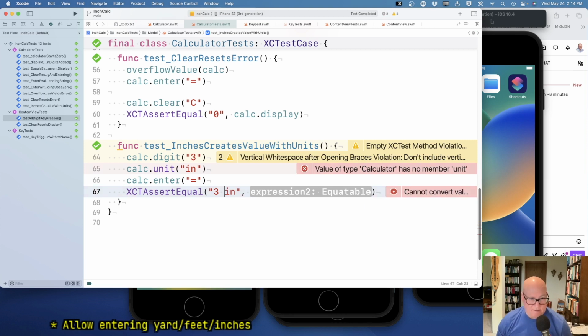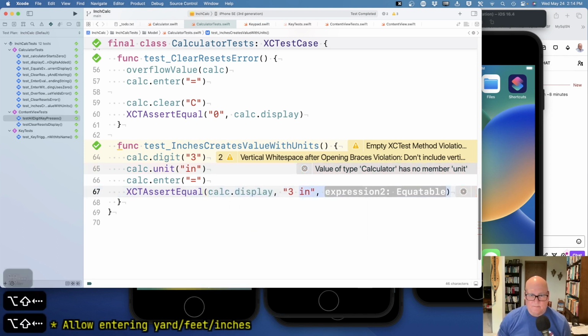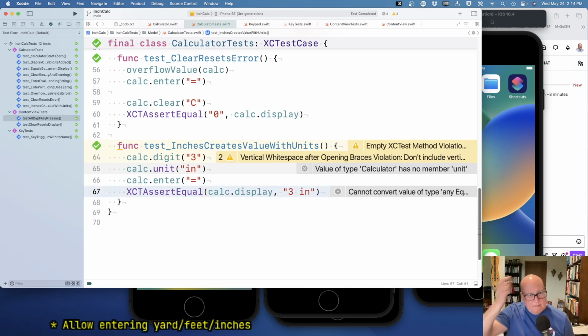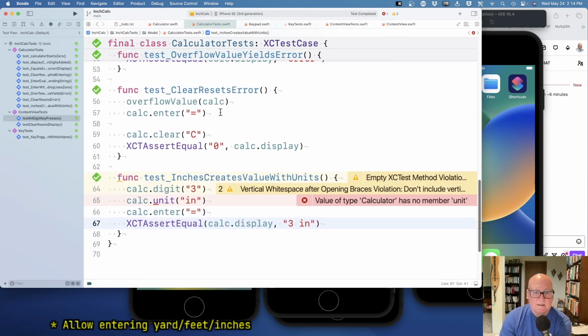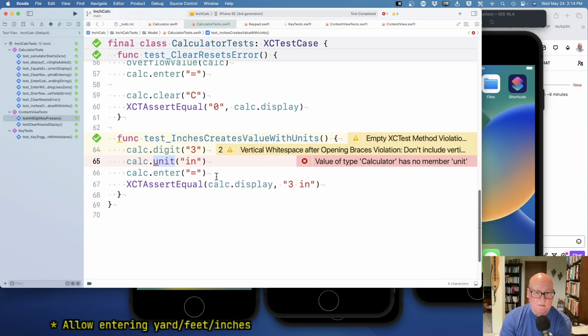I don't know. Maybe I don't. I don't know what I like. All right. 3 inches should be, well, I should be doing that the other way, right? Okay, I haven't been consistent. All right, but we don't have a unit method. Okay, so unit,